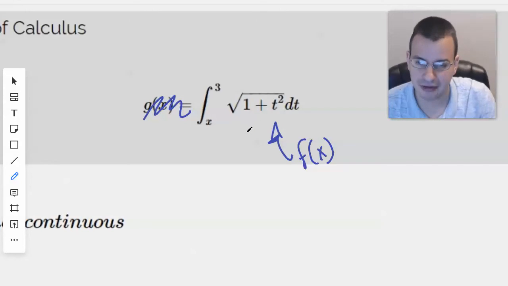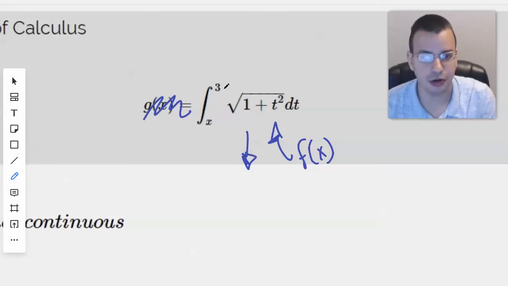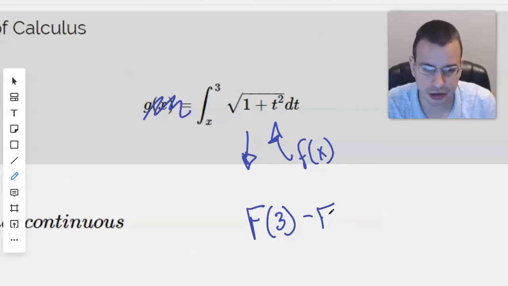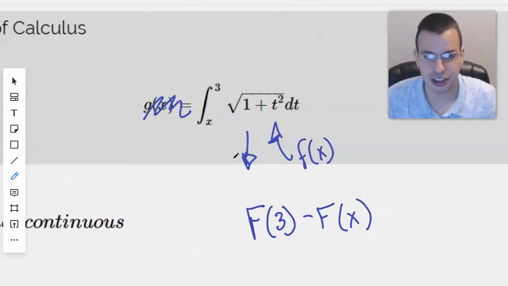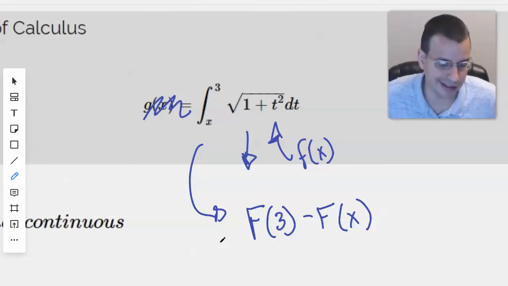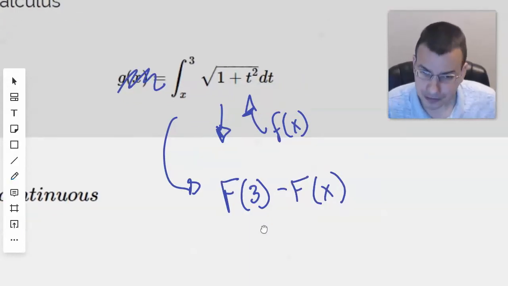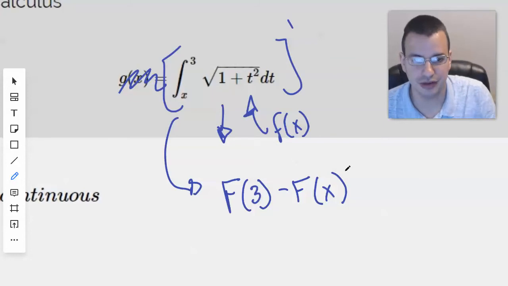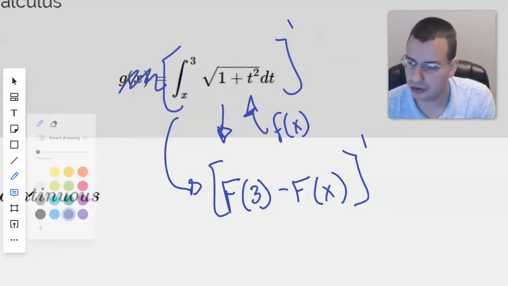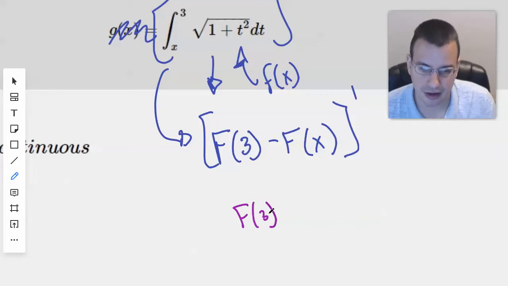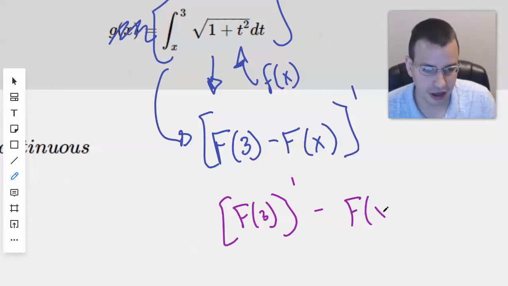So if this here is f of x, then the integral of f of x would just be the integral evaluated at 3 minus the integral evaluated at x. Now this is the big part about the fundamental theorem of calculus. But you use it so much, it's kind of easy to memorize, and you should know this after doing about a dozen or so integrals. And so when we evaluate this, we're going to have the integral of f of 3 minus the integral of f of x. And since we're trying to take the derivative of this, we'll want to take the derivative of this as well. Well, since they're subtracted, we can just take the derivative of each of them. And so we take the derivative of f of 3